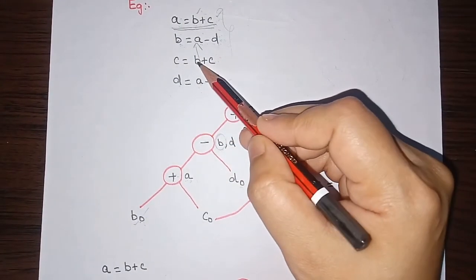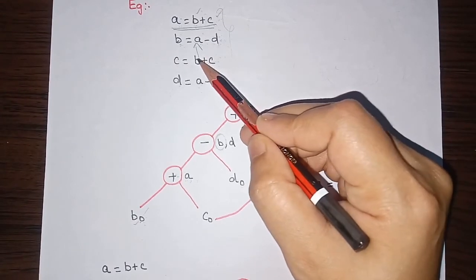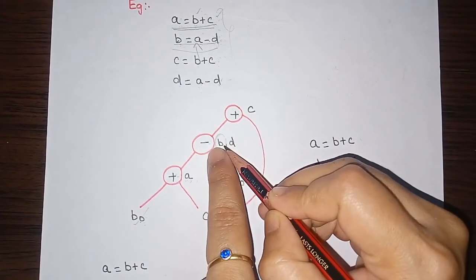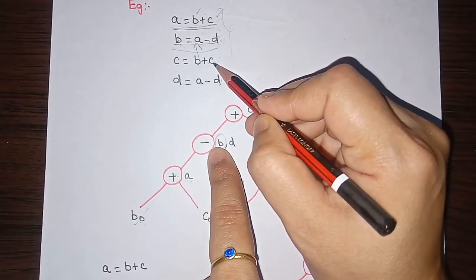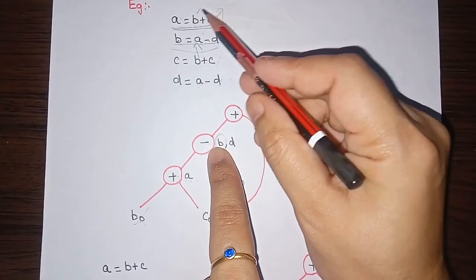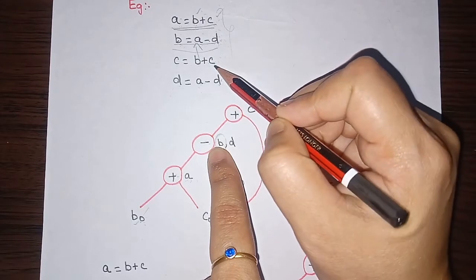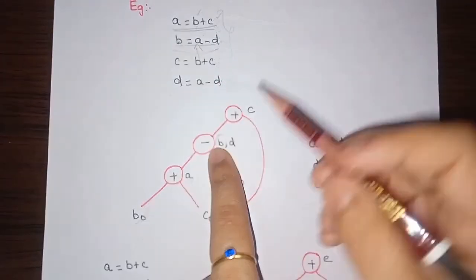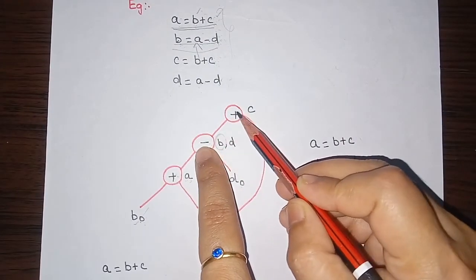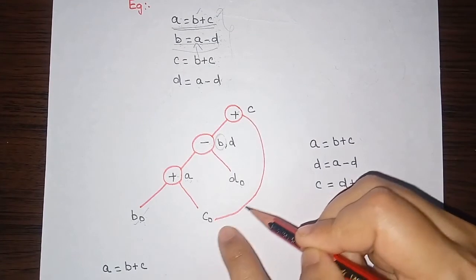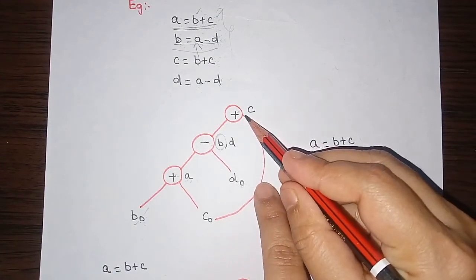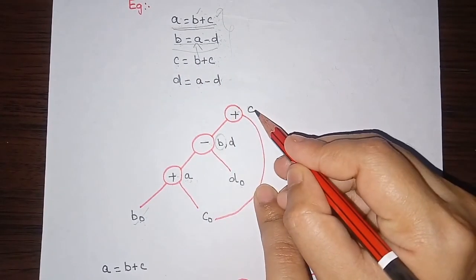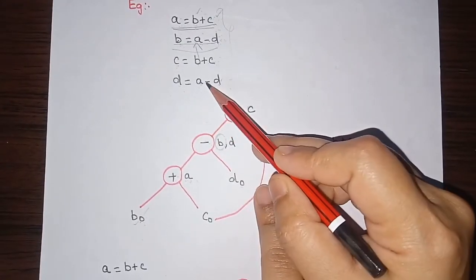And then coming to the next one, b plus c. As I mentioned, the value of b is updated by the previous statement, so we take this b value and then take c. We know c is not changed or updated anywhere in these statements, so it again refers to the same c value, which is the initial value. Here we have to perform b plus c, so I'm taking b and the operator plus, and for the right child I'm taking the c naught value. And where is the result to be stored? It should be stored in c, so I'm taking it as c here. And coming to the last instruction, we have a minus d.